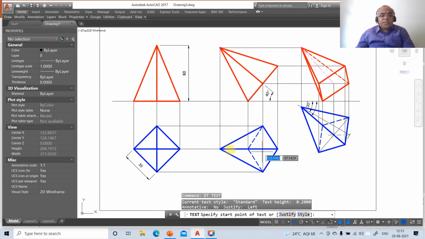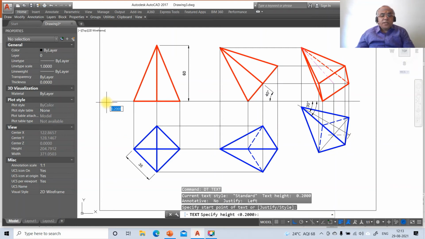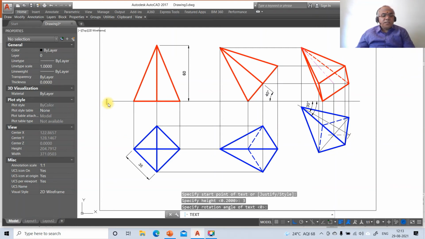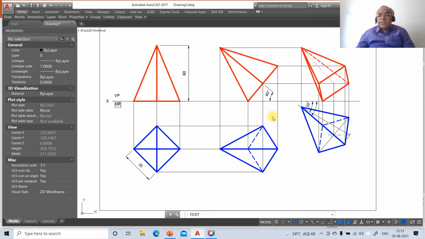Now we go for the text. So you just click on this and take the height as 3, and this as capital X, and this as VP, and this as HP now. So once you do that, then you come down to Y. So here you mark this as small a, and you mark this as B, C, D, and this as O,